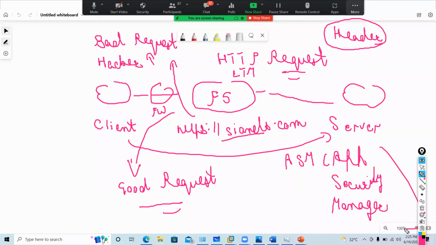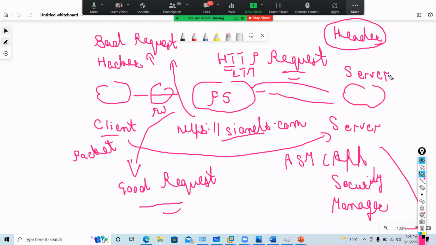It can protect your application. It can check what is coming inside this packet. It can open that packet and check whether all requests are legal or illegal. Then only it will send to the server. That is how ASM works.